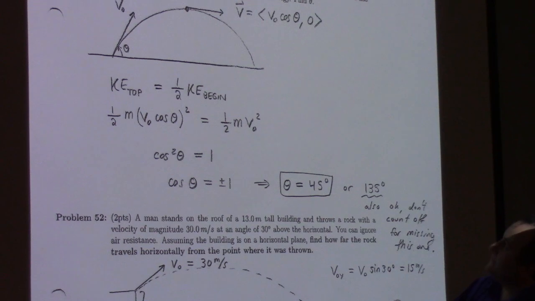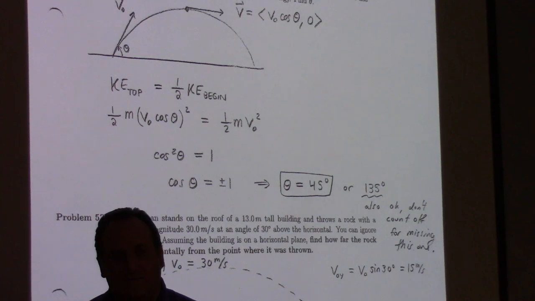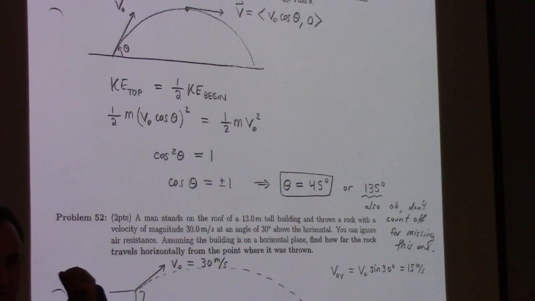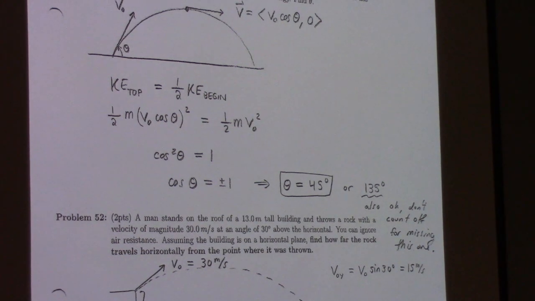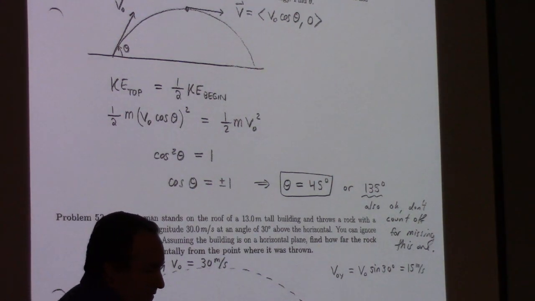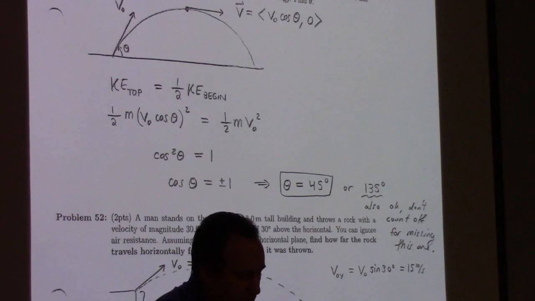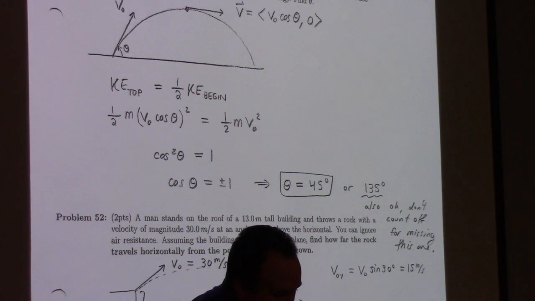At the top, the velocity is purely horizontal, right? So that means that the speed is just the x speed squared. That immediately gets me to that equation, which tells me cosine squared is 1, which means cosine theta is plus or minus 1. So technically 45 degrees or 135 degrees would be reasonable. Of course, the 135 degrees is just the other way. I suppose there are other solutions which are physically unreasonable, like minus 45 degrees, which I don't recommend. That'll also get you a cosine of 1, right? Oh, here it is, my laser.